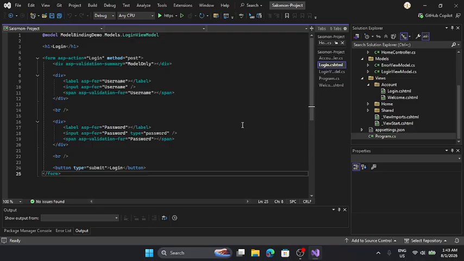ASP-for binds each input directly to our view model properties, which are username and password. And also ASP-validation-for acts as a placeholder to display field-specific error messages directly under each input.